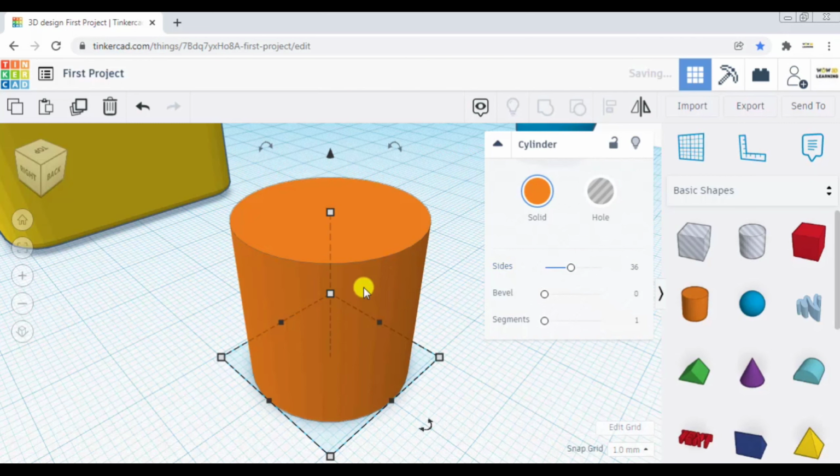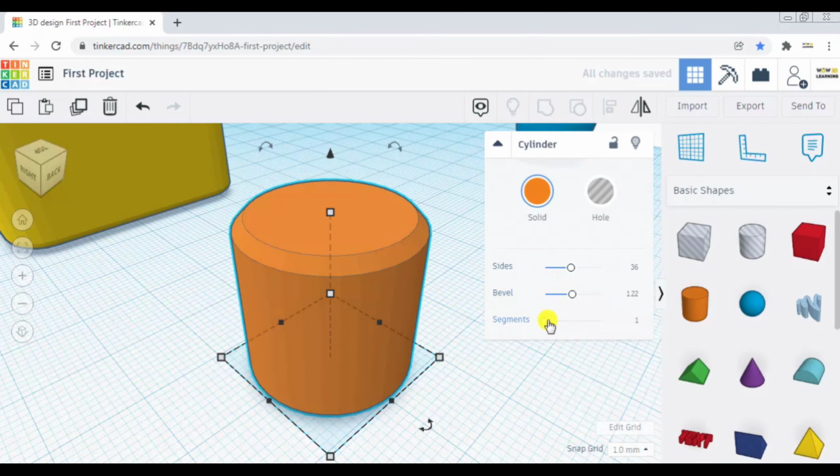Now if I press bevel, you will observe the difference. It is smoothing out the edges here, and here there are segments. If I increase the segments, then here you can see the difference. Observe the difference happening to individual parallel lines. So like this you can play around and see different objects. I will drag some more objects onto my work plane. Let me go to my home view.